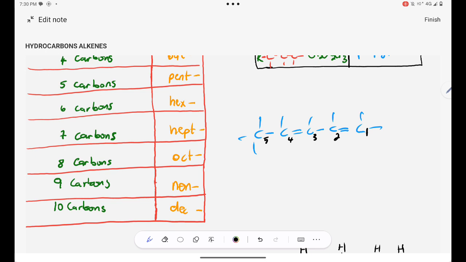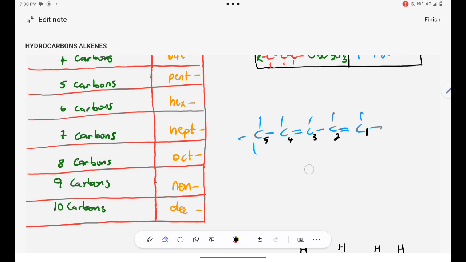The parent chain has 5 carbons. This will be pent. In carbon number 1 and 2, I have an alkene. That's 1. Also in carbon number 3 and 4, I have a double bond. I'll say 3. And then I'll simply write diene, because di simply means 2. That means I have 2 double bonds on my compound. That's how, guys, you should name your